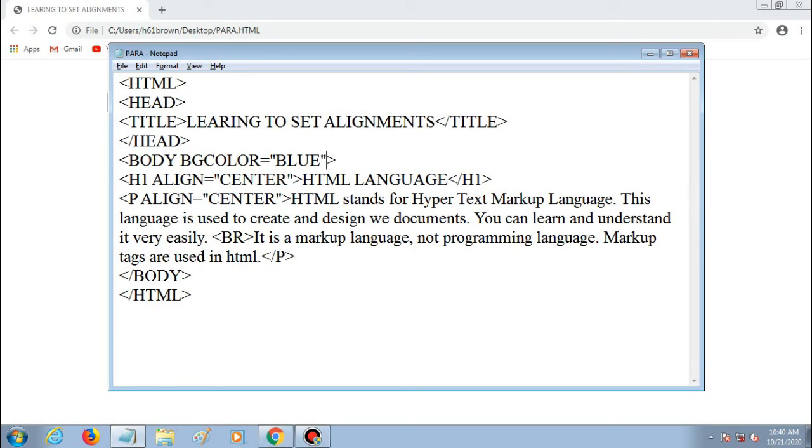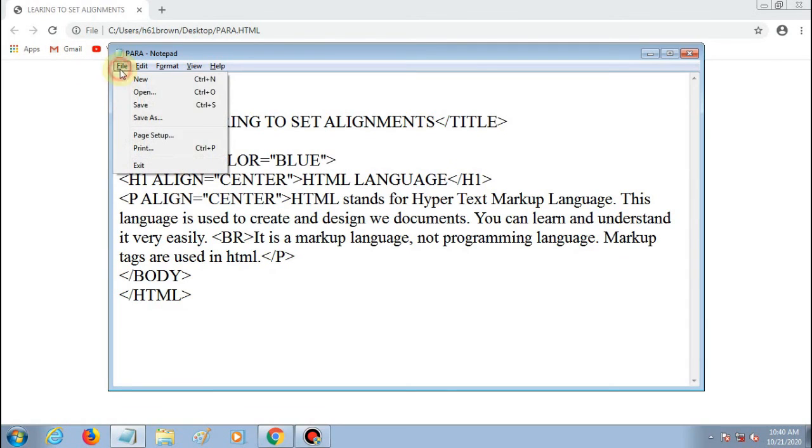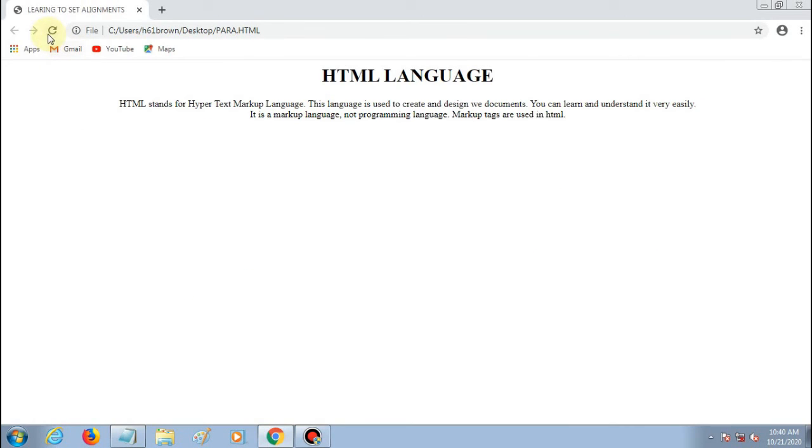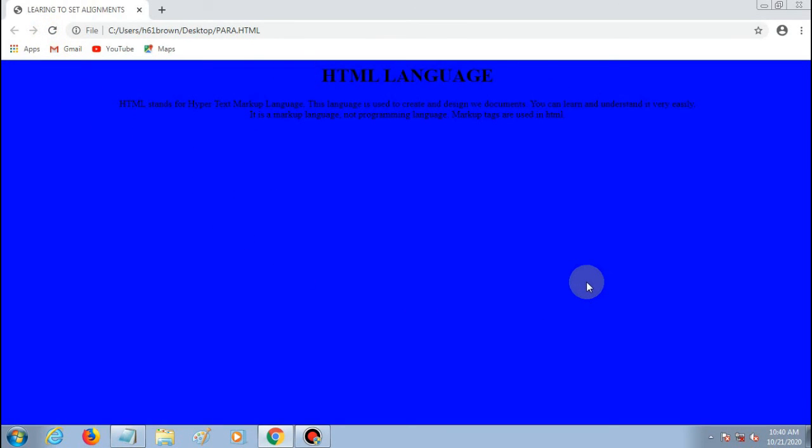You can use any color. Then save it. Remember that always to change a background color, write bgcolor attribute. This is an attribute of body tag. In body tag you have to write bgcolor attribute, then give the value of color, then save it and reload. See, the background of the web page is blue.